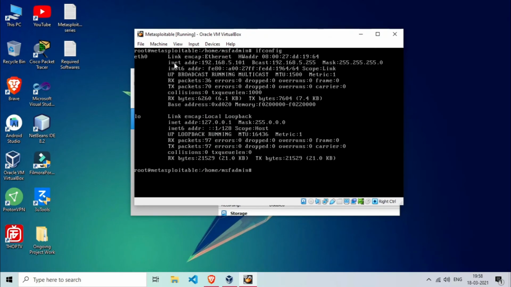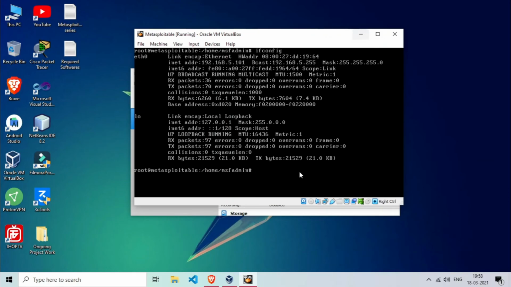This inet address is the IP address which is assigned to our virtual machine. The IP address assigned to my virtual machine is 192.168.5.101. So using this IP address we can access our virtual machine on our local network.